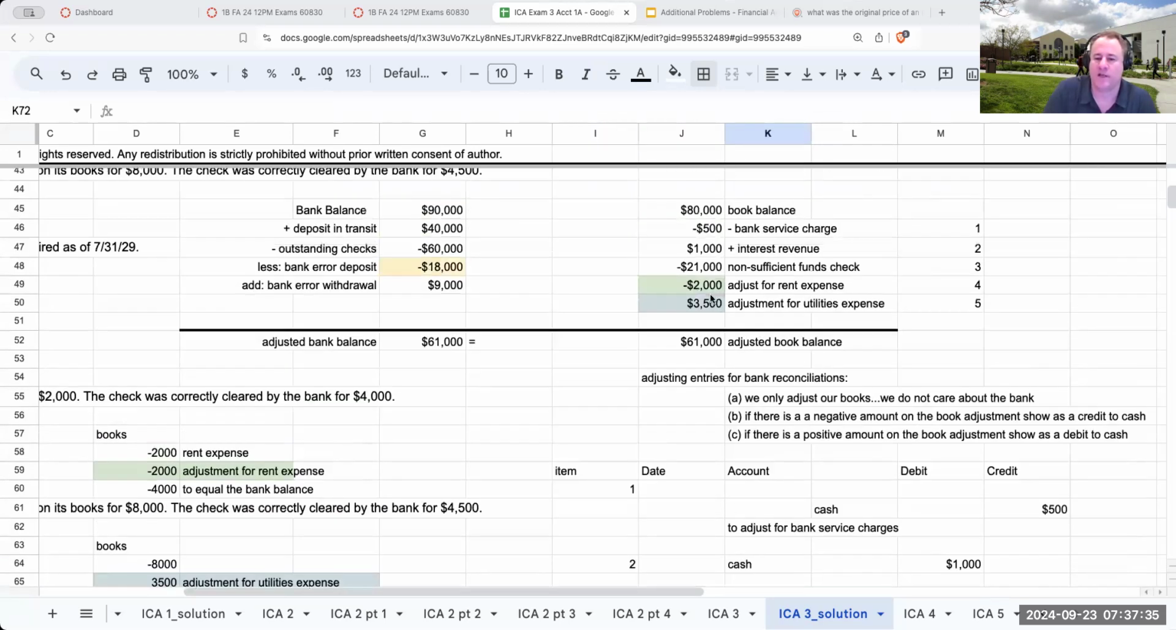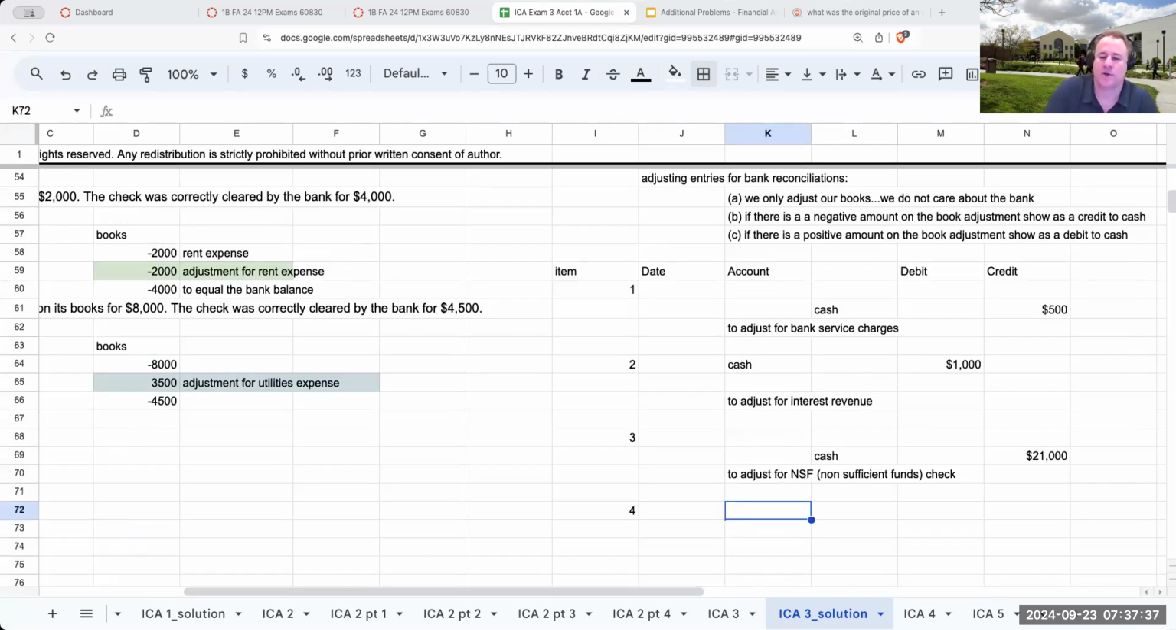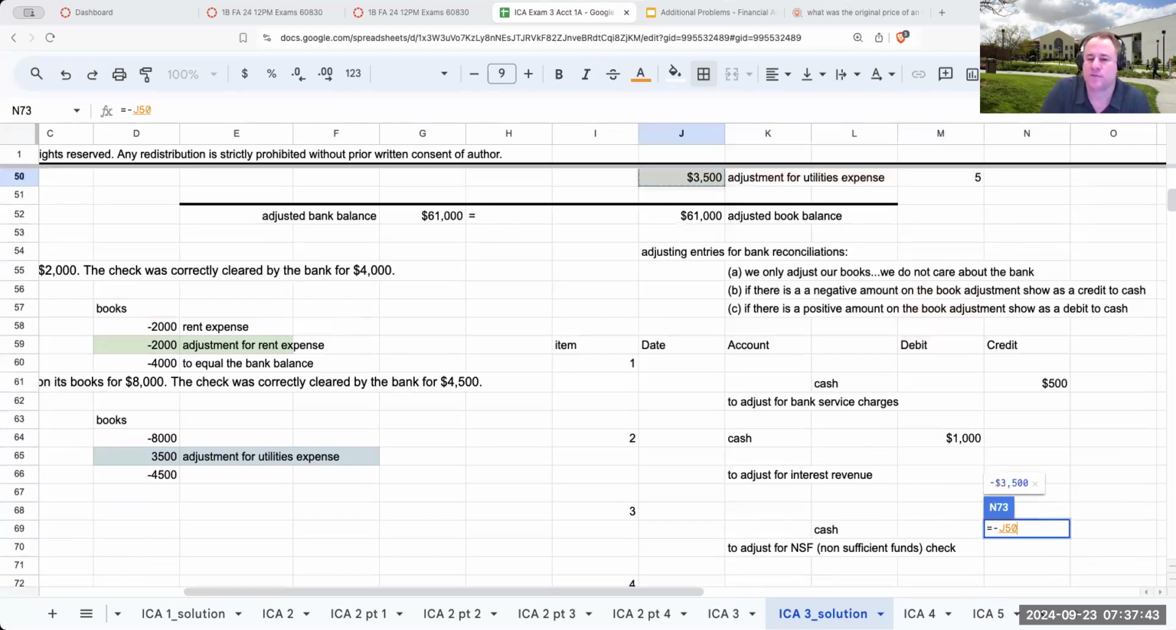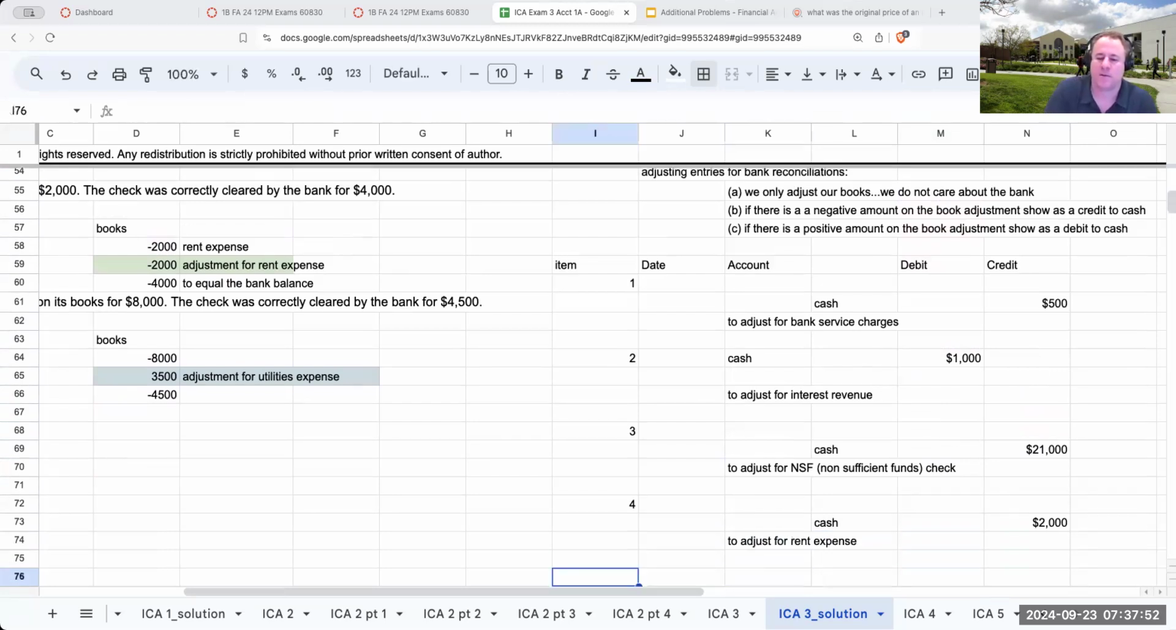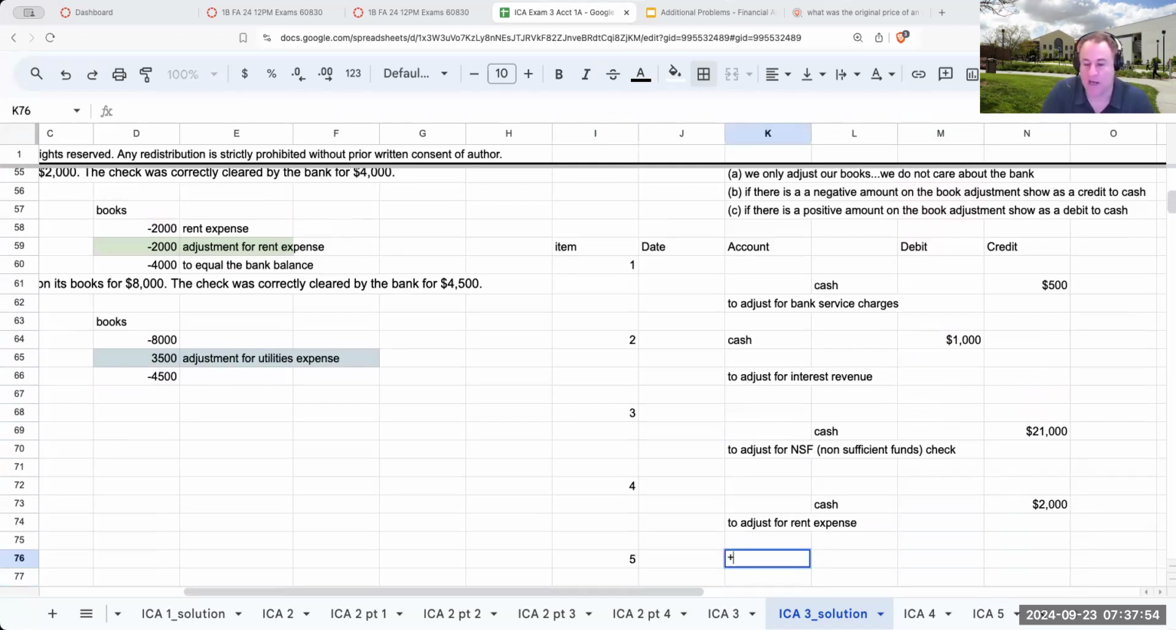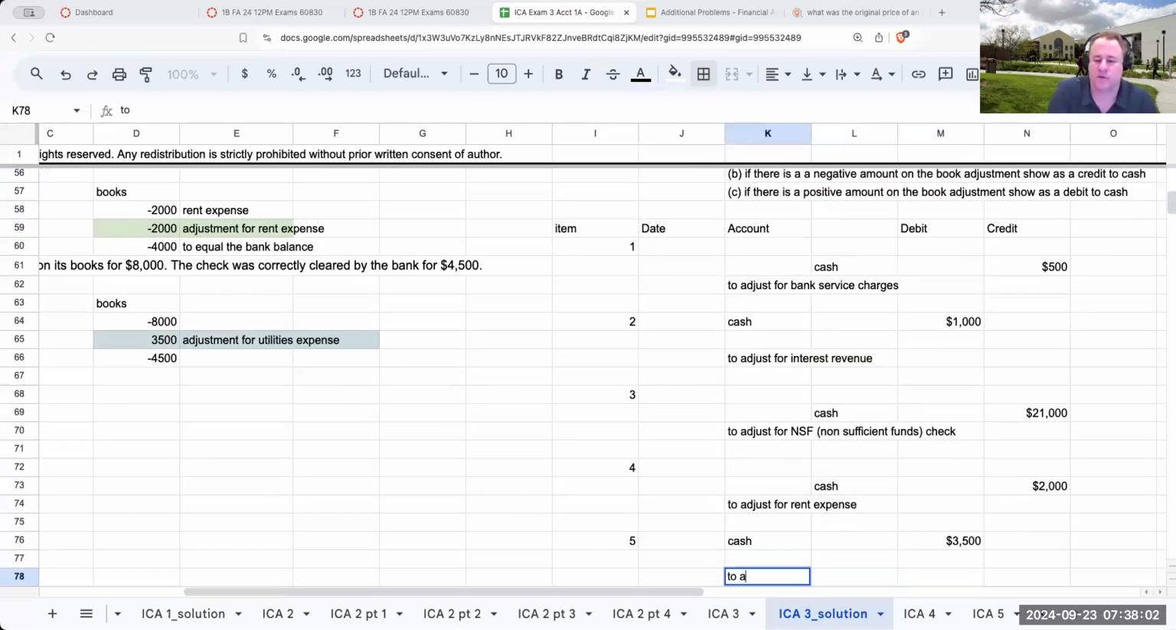Over here, number 4, it is a negative amount. So I'm going to come over here. I'm going to credit cash for $2,000. And I'm going to call this over here to adjust for rent expense. Number 5, this is a positive amount, so I'm going to debit cash. And this is going to be to adjust utilities